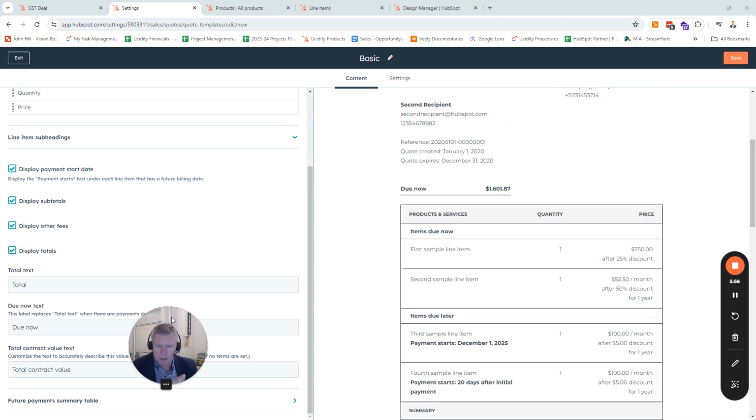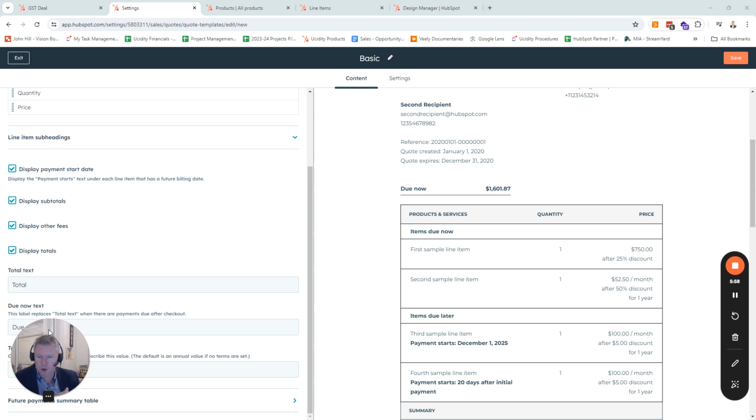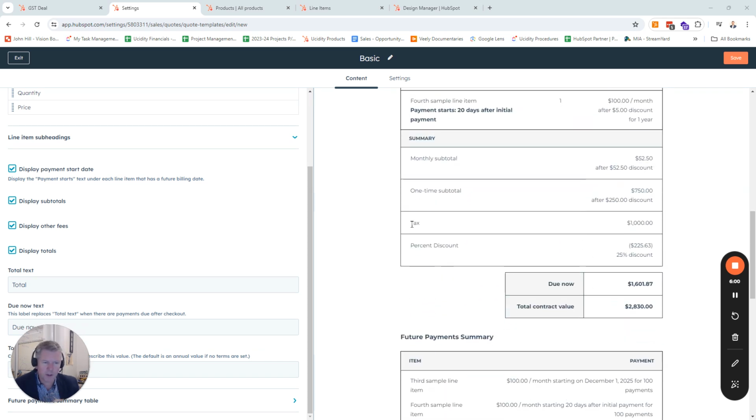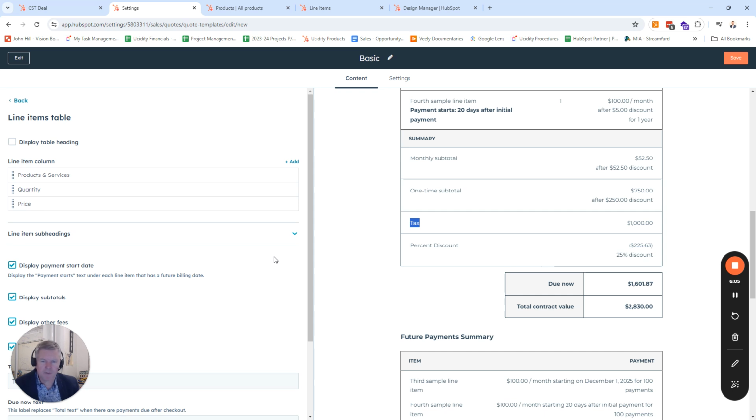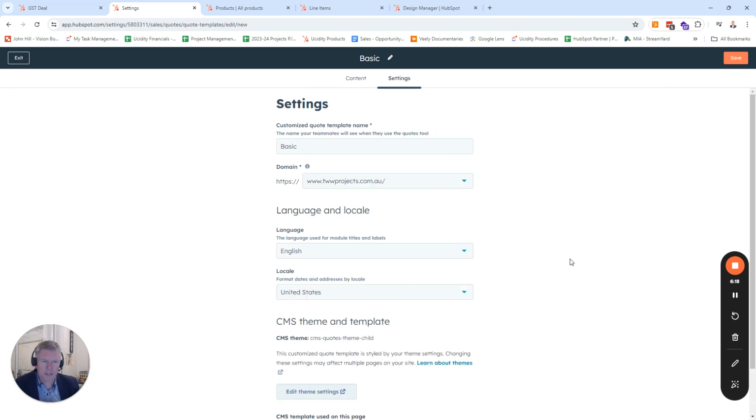But in the code for this, they've got a placeholder for this, but you can't actually edit it in the back end. If someone can find a way to do that, please let me know. But so far, we've had to jump into the back end code to be able to edit this text here. Okay, so I click on settings,